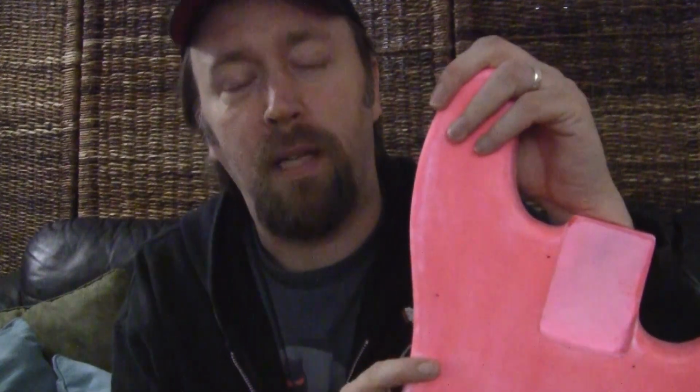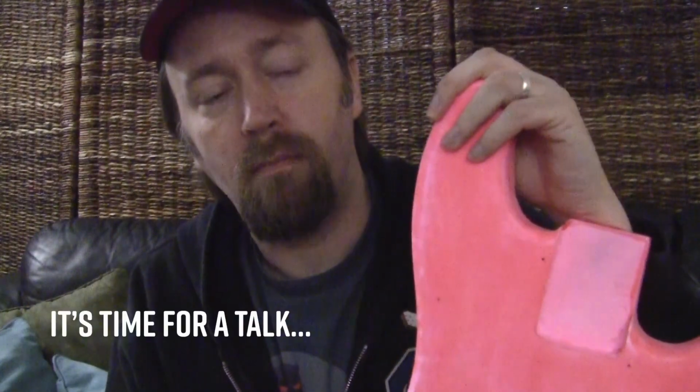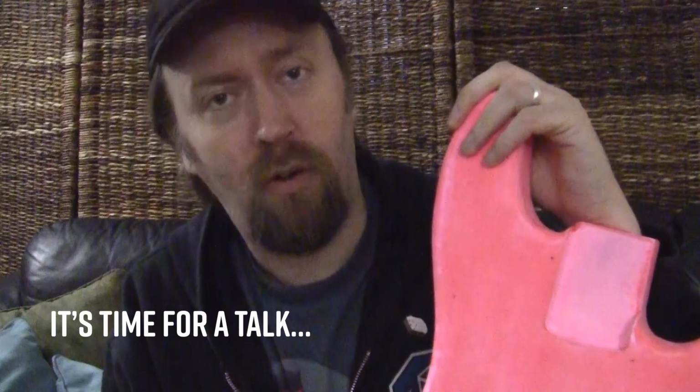We've got to talk about this bass here for a sec. My fall project, which is becoming my winter project. I made mistakes. As I've shown in previous videos, I made mistakes when I was painting it, and I made mistakes when I was putting... Actually, the whole idea that I had was a mistake, which was to put